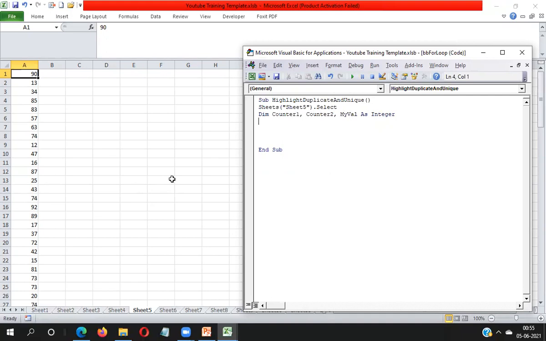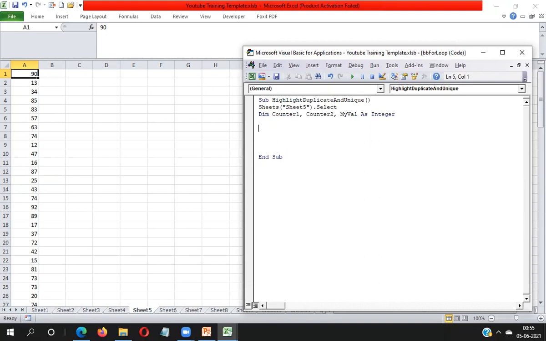In myVal I will store this value, and the same value I will find in this complete range. If the value count is more than 1, that means this value is a duplicate. If the value is only 1, that means it is unique.